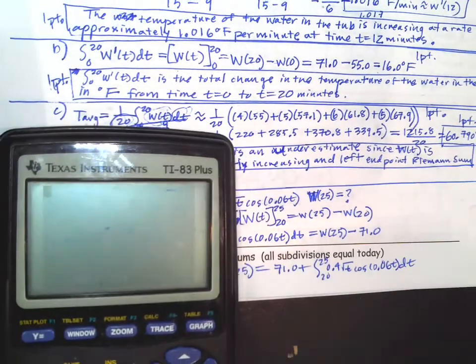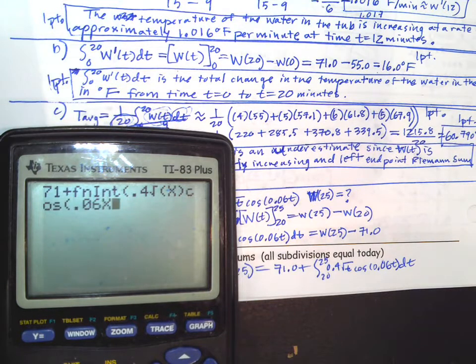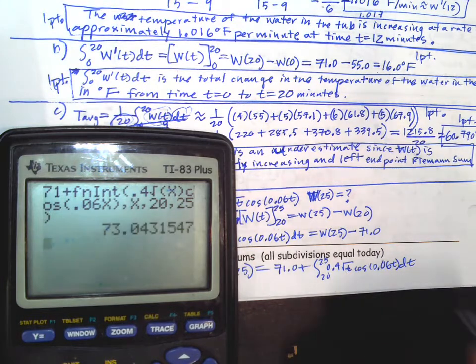So I'm going to do it on my calculator. We could do this all at once, or you could do it in two separate calculations. But we could do it all at once. 71 plus, on the home screen, Math, the integral of 9.4 square root of x cosine of 0.06x. We better be in radian mode with that trig in here. Okay, so that's that, comma x, comma 20, comma 25. And there's the answer,